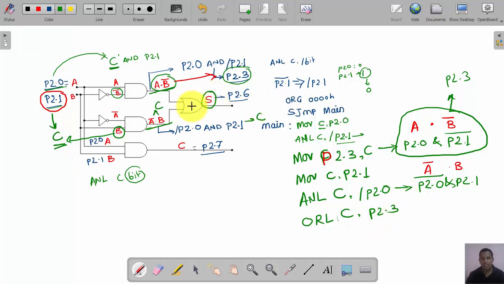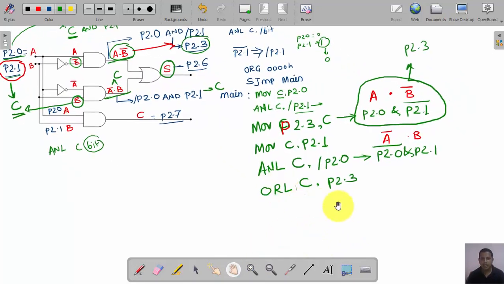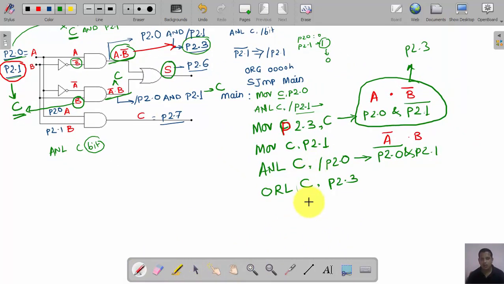This operation is done, and finally the result is present in the carry bit after performing this ORing. C holds a bar b, and p2.3 holds a b bar, and as it is ORing, this is nothing but the sum result, which is now held by the carry bit.